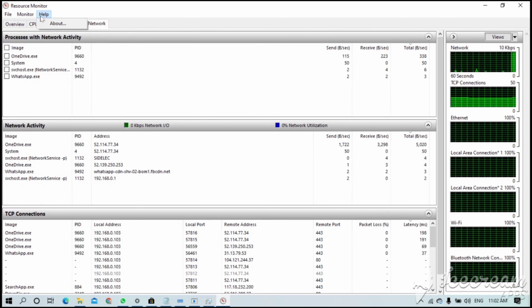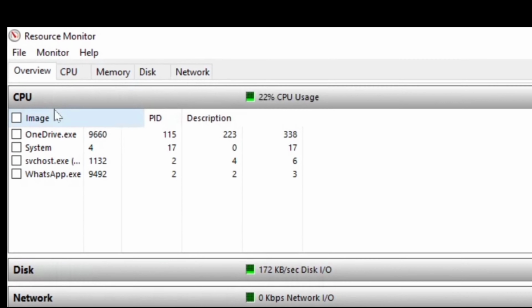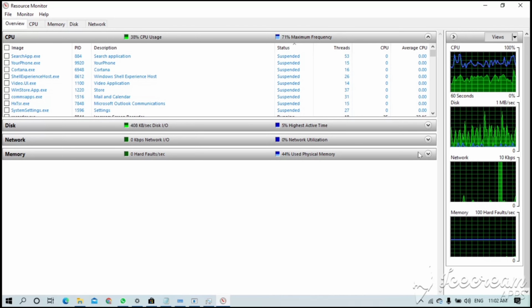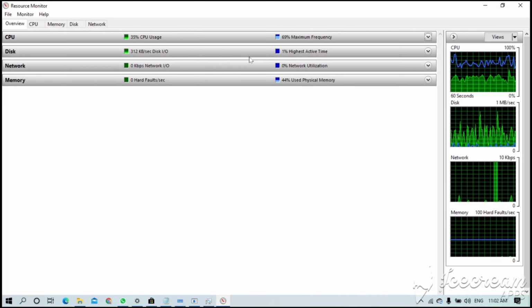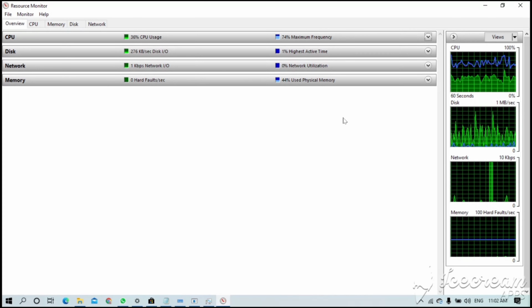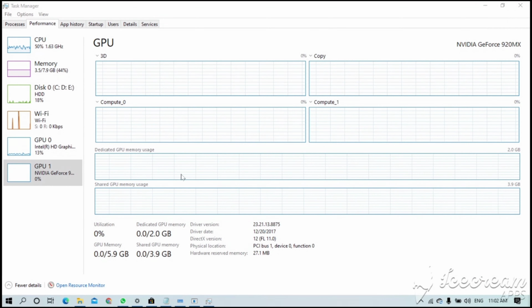After clicking on the top menu, you can check all the other available options. By clicking on restore default settings, you can bring your tabs back to default. By expanding or minimizing your tab, you can change the view. On the right hand side you can check all the applications which are running on the laptop. By checking this process I can find my overall laptop is working fine.